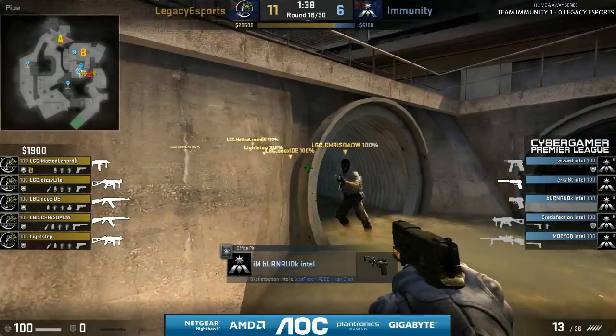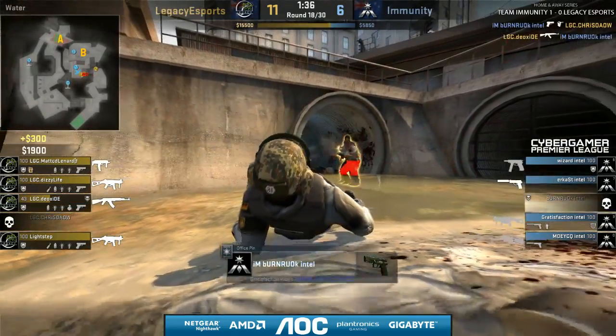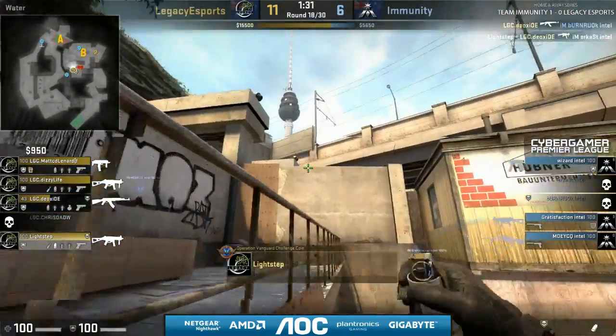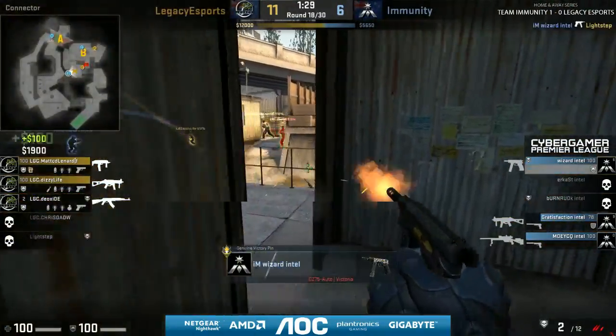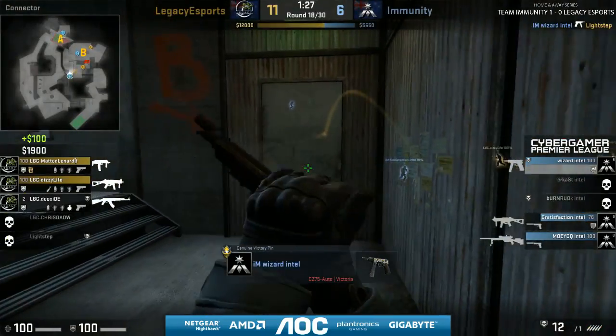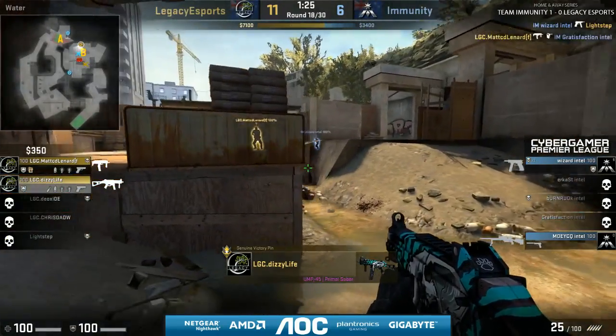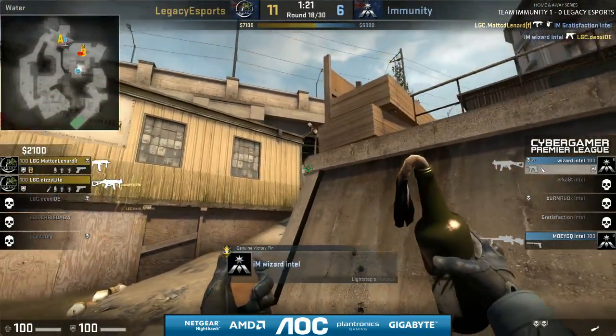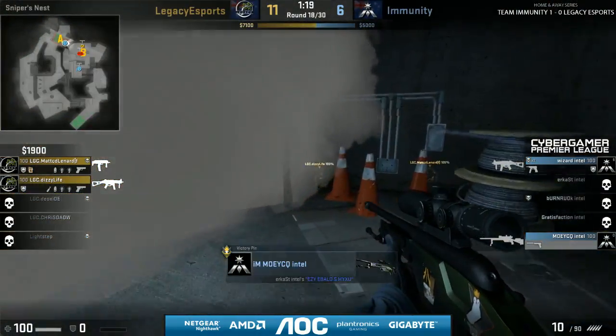So Burn going to push here. He finds one, will not find a second, though, as Dioxide picks him up and Lightstep takes out Urcast. The CT's trying to get something achieved there with the aggressive push. And there's the CZ from Wizard. We need to see some more kills from him, and maybe another highlight reel. Wizard picks up a second. Matt CD gets Grat, though, and Wizard now a UMP and the CZ in his hand will be looking to